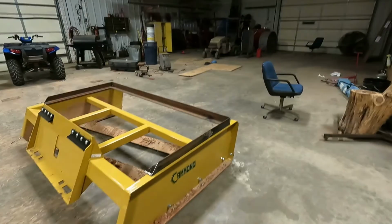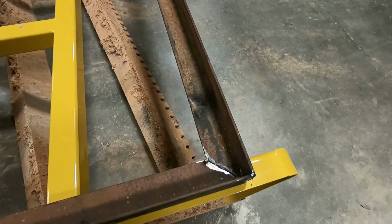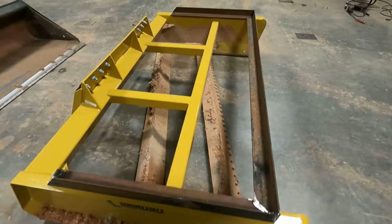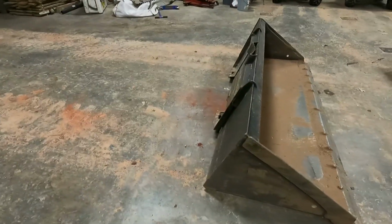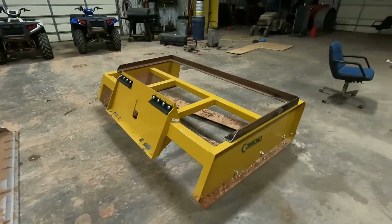So of course I answered a phone call, and then apparently I didn't push the button hard enough on the time lapse and missed most of it, but I just got it tacked and laid it on here. I think it's like 41 inches from the tip of that cutting edge to the back of these brackets right here. So I think what I'll do before I go any farther